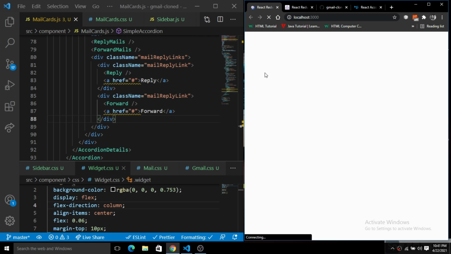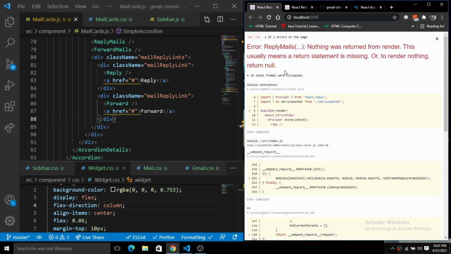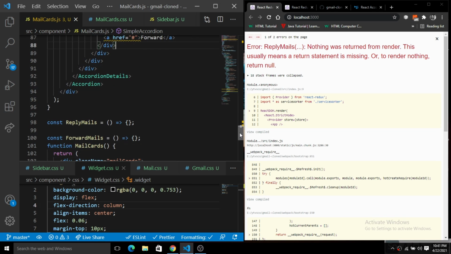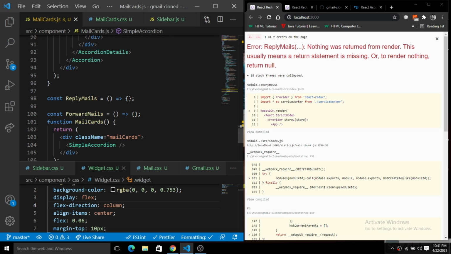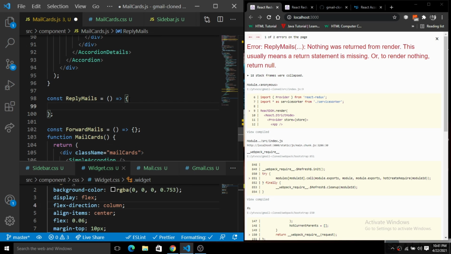Let's refresh this page. So here we are getting this error. This error is because we have an empty component for the reply mails and the forward mails. So here we'll just add a return statement, so that it will not show any error.